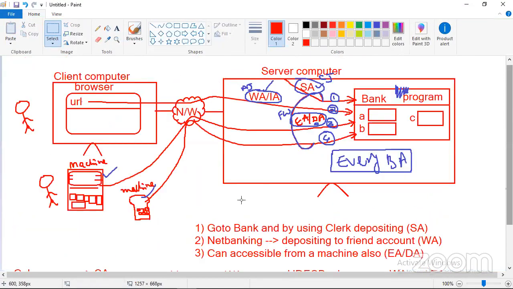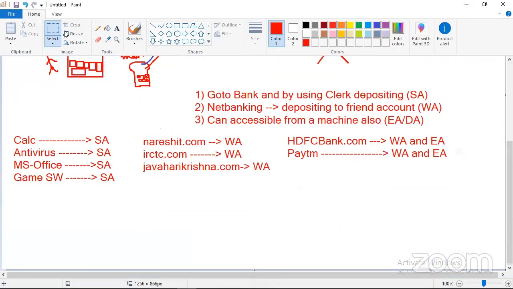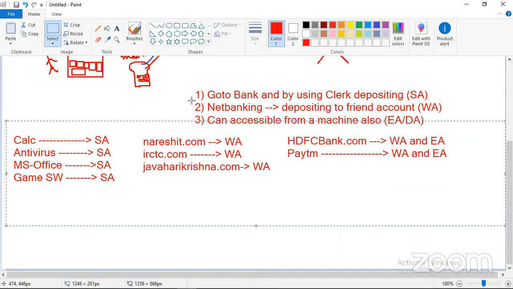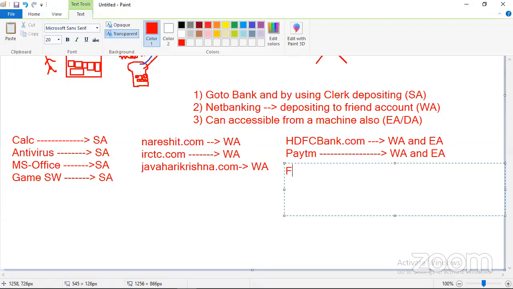Tell me, if you observe nowadays, every application is going for online payment, online shopping. Tell me, Flipkart, can I say it's an enterprise application? Is it a web application or enterprise application? It's a web application, and you can also call it an enterprise application because it has a lot of integrations. An application that works with a lot of integrations can also be called an enterprise application, web and enterprise.